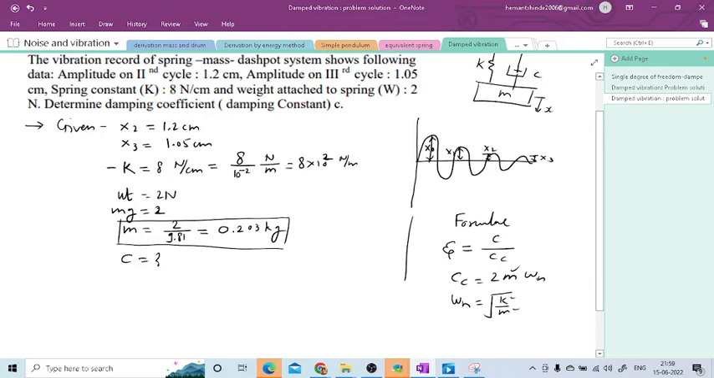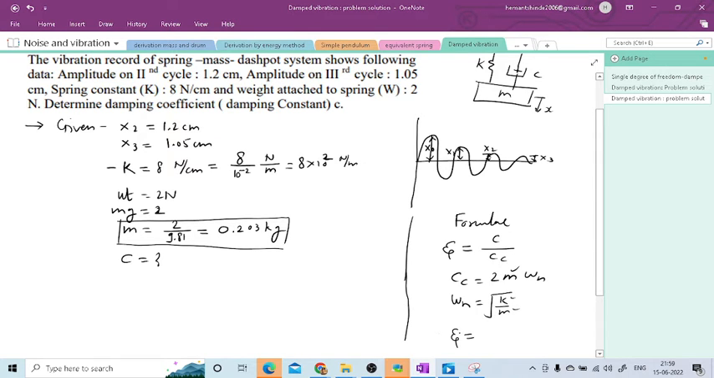If I put here omega n, I'll get cc. Then I'm going to put the cc here. So to get the c, we know the value of cc now. So the only thing that we will have to determine is zeta. So how to determine this zeta? Zeta is nothing but the damping